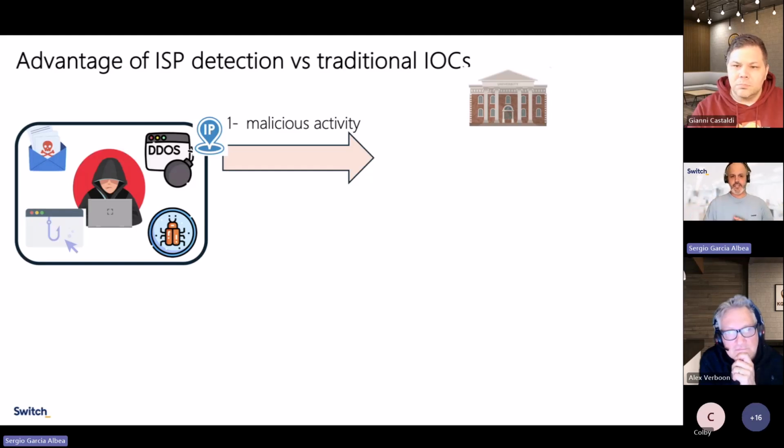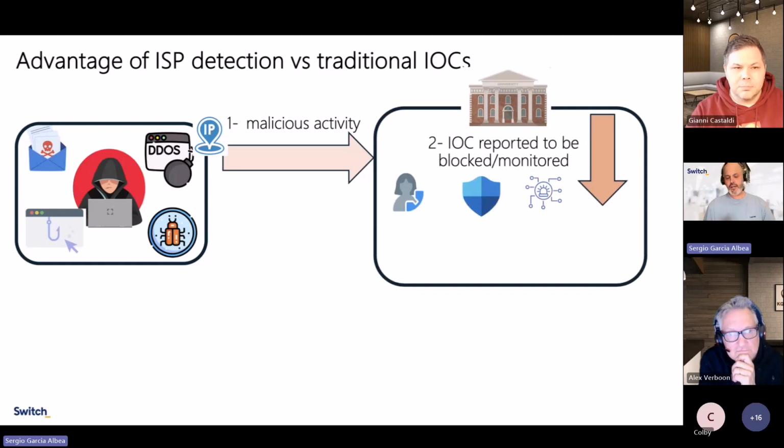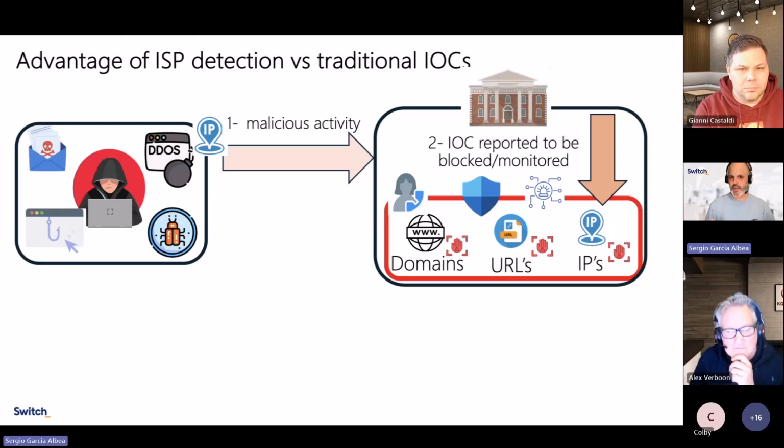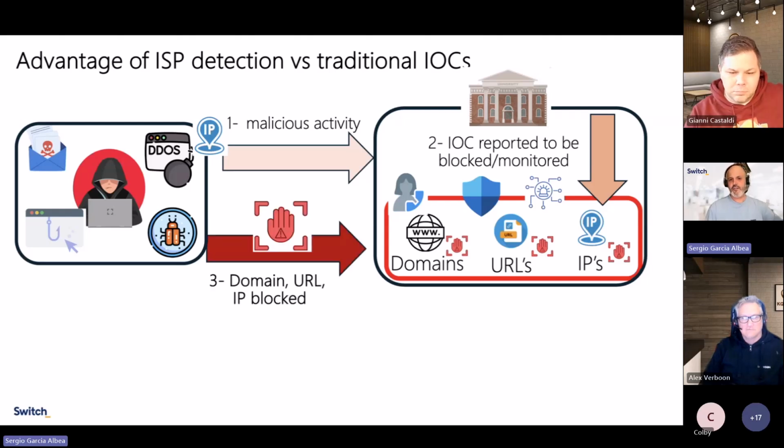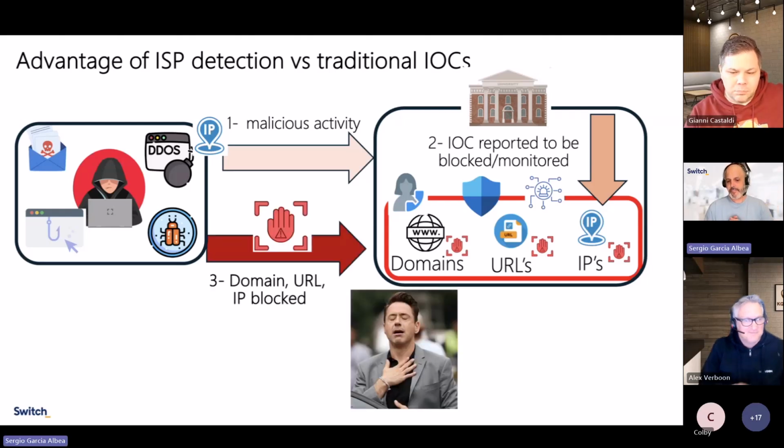If some hacker is sending you malware by email, or trying to trigger some DDoS attack against your infrastructure, or others, if you are lucky, your defense and response systems, your SIEM solution, or someone will communicate it, and that IP or that domain will be blocked. So we agree on that, no? Or monitored. But what will happen? We can feel that when we have blocked the IP or the domain of this attack, okay, we are blocked, we are safe.